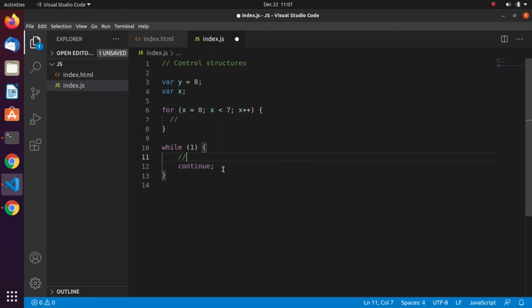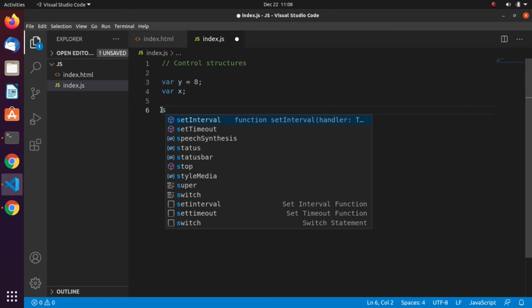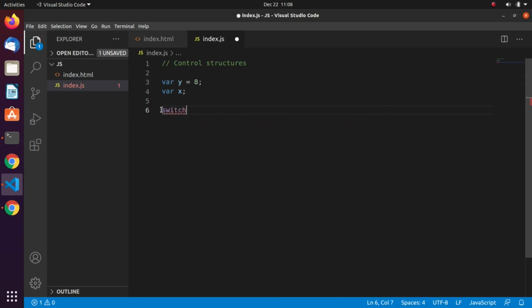I hope you got the point from that. Also we have the switch operator. So we have switch, then you're going to switch on what, and then we have cases. We have case 1, then do something and then break. It's very straightforward.